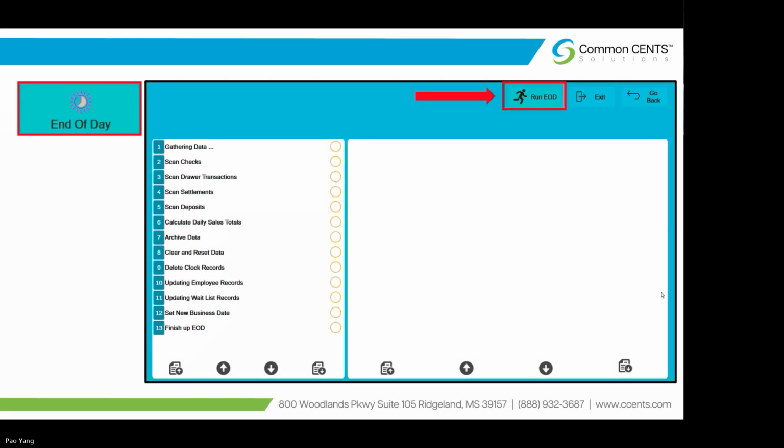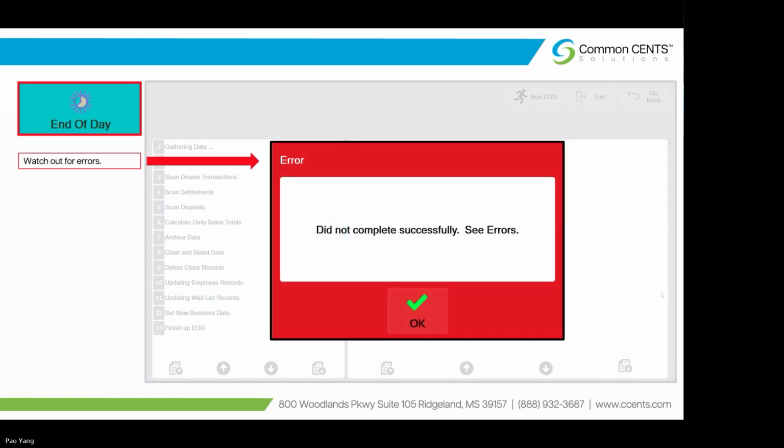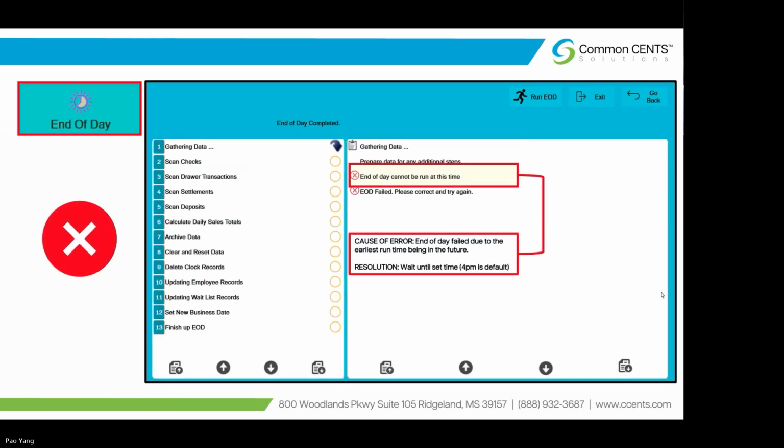Click end of day and then select run end of day. Watch for errors. Click OK to view them. Get the error. Take note of the error and fix it if you know how to, or contact CCS support